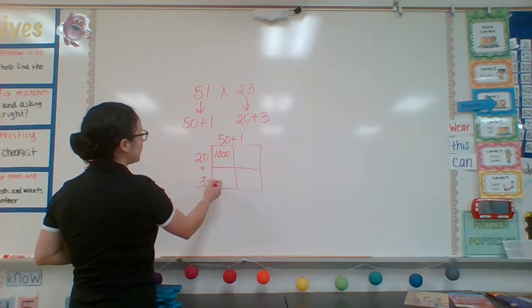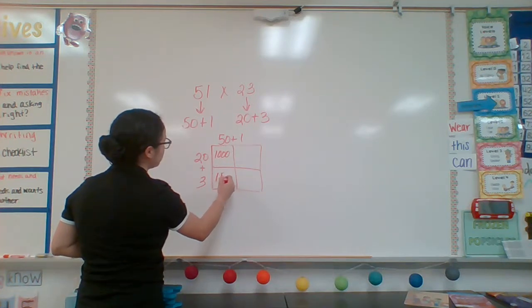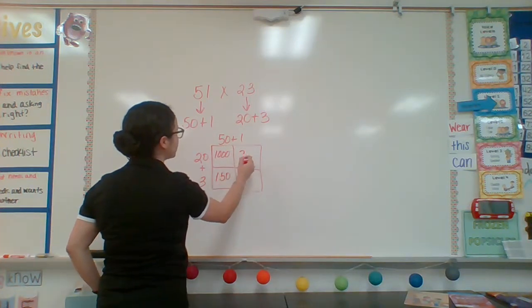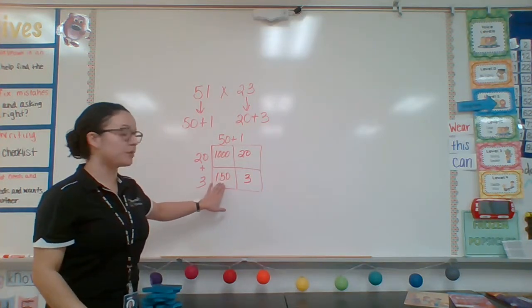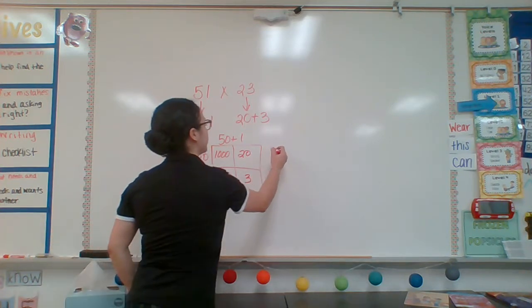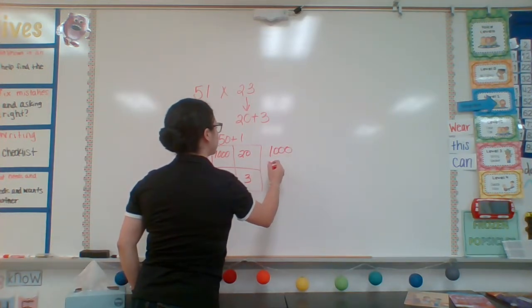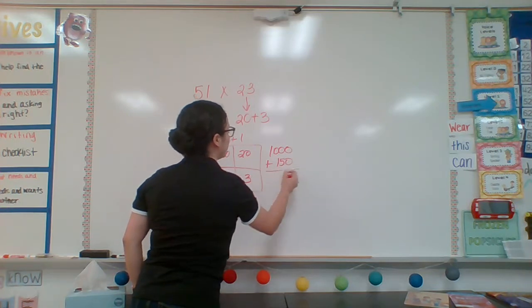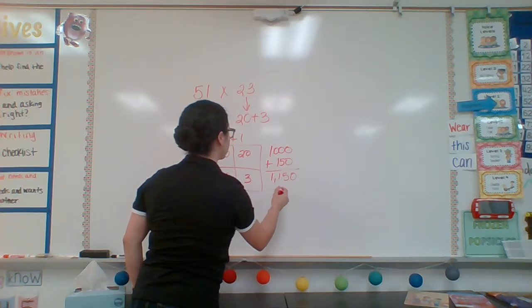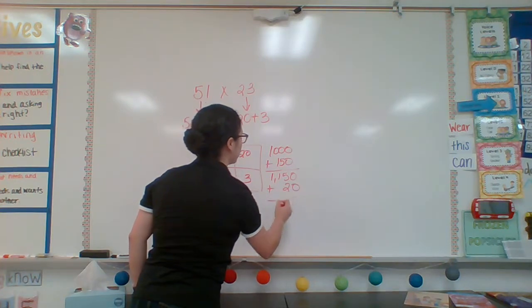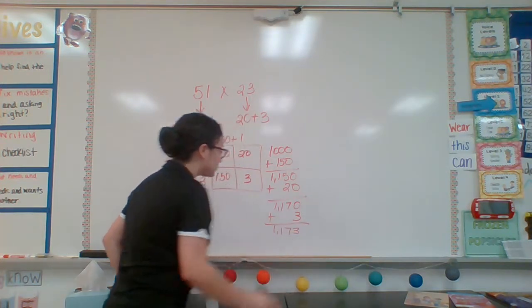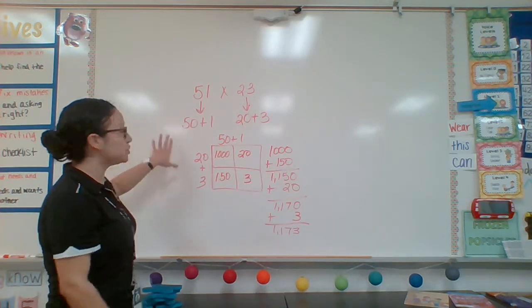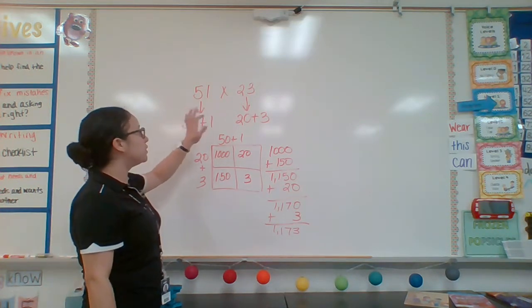Okay, and then 50 times 3 is 150. 1 times 20 is 20. 1 times 3 is 3. So now we have all 4 of our partial products, and we just add them up all together. So 1,000 plus 150 is 1,150, plus 20 is 1,170, plus 3 is 1,173. So this strategy is a lot easier than having to do it the traditional way of 51 times 23,